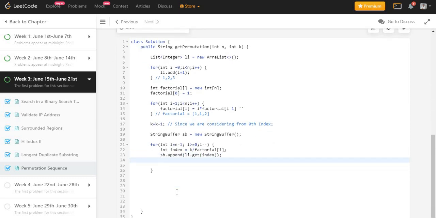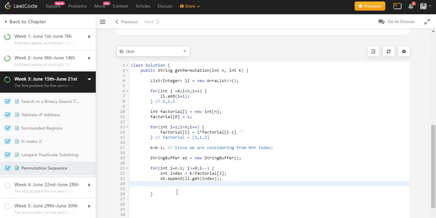After that, whatever I have already appended, I will remove that number from the list, because I already appended it: li dot remove index. Now I need to recalculate the k value. In this case I will do k percentage factorial i. Yeah, that's pretty much it.